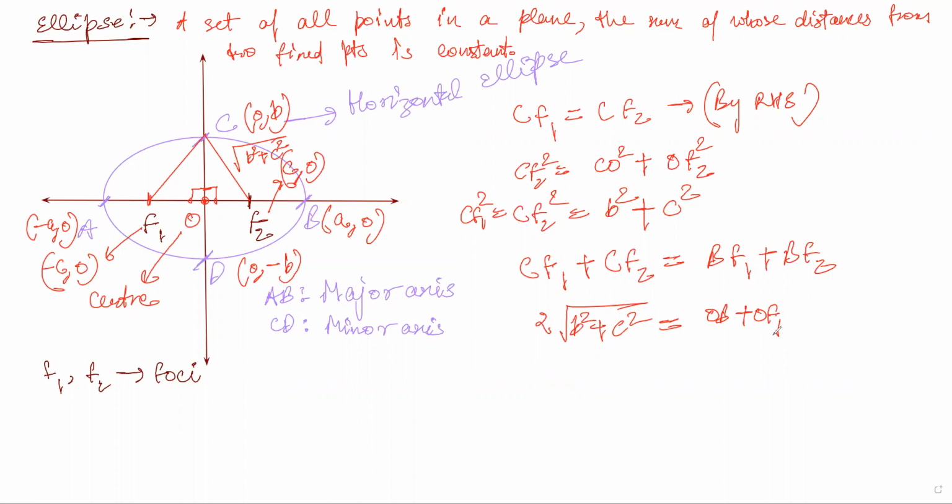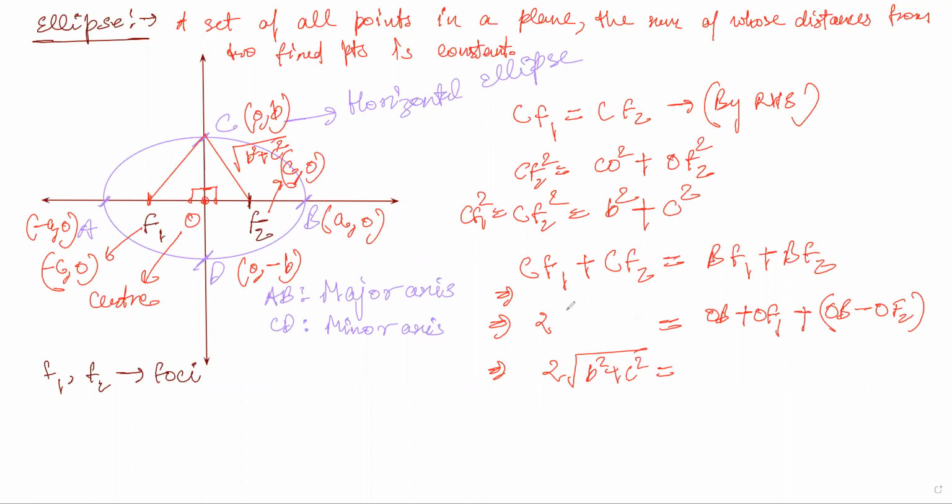OB is A and OF1 is C, the distance C. Plus BF2 would be OB minus OF2. So we can write twice the root of B square plus C square is equal to,